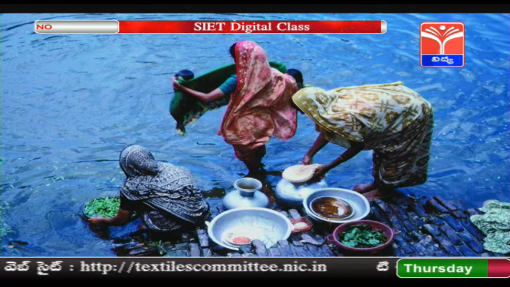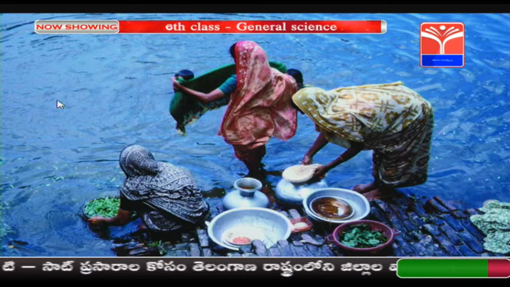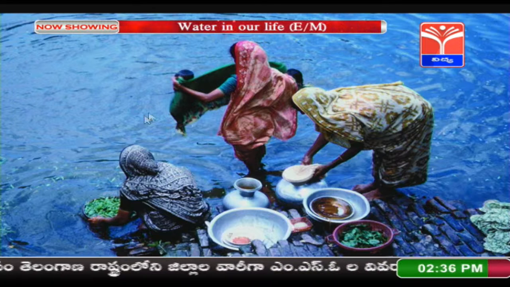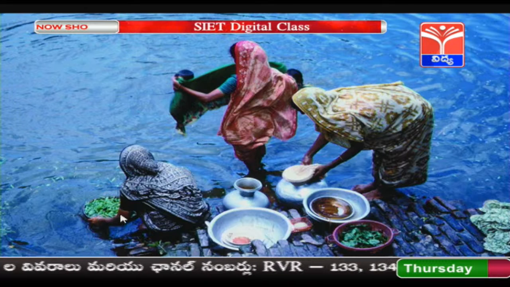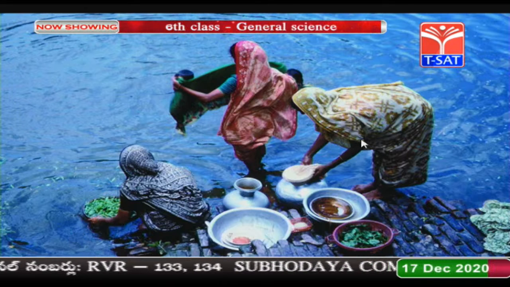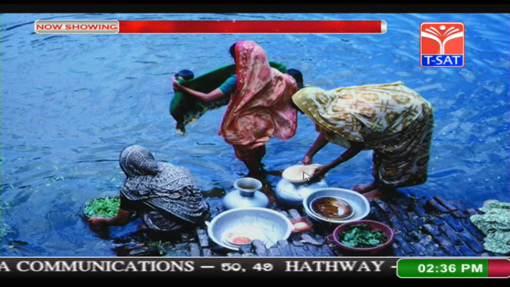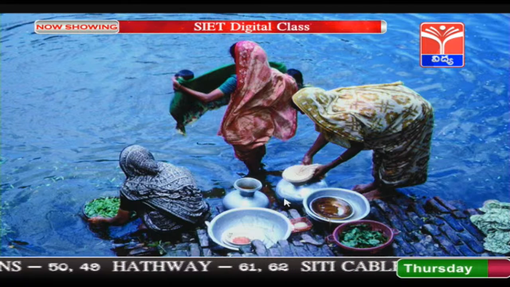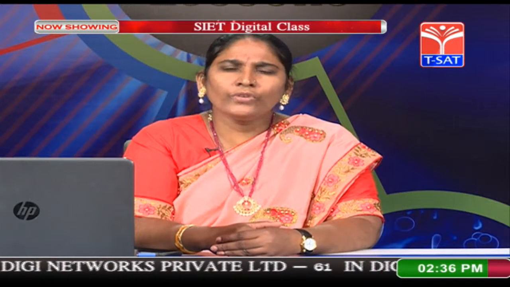Children, in this picture you see what the ladies are doing. Here they are going to the bank of the river and they are washing the clothes. And you can look here, a lady is washing the vegetables there. And on the other side you see this lady, she is filtering the water and filling the pots so that the water can be used at houses. Isn't it, children? So, these are all the uses which we have in our day-to-day life at our home. So, we can call them domestic purposes.